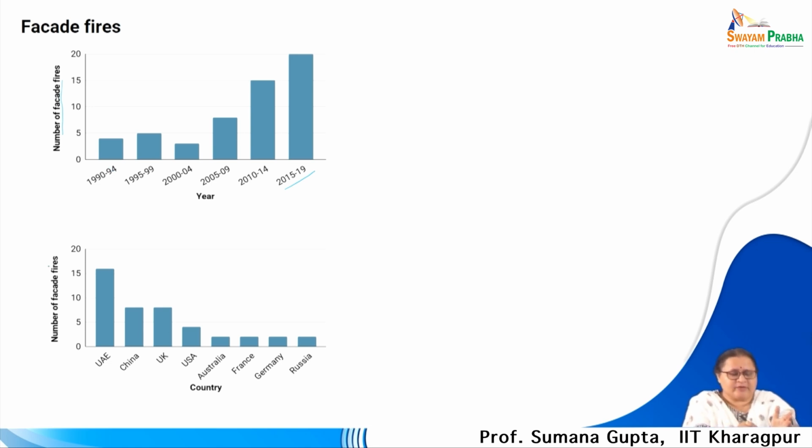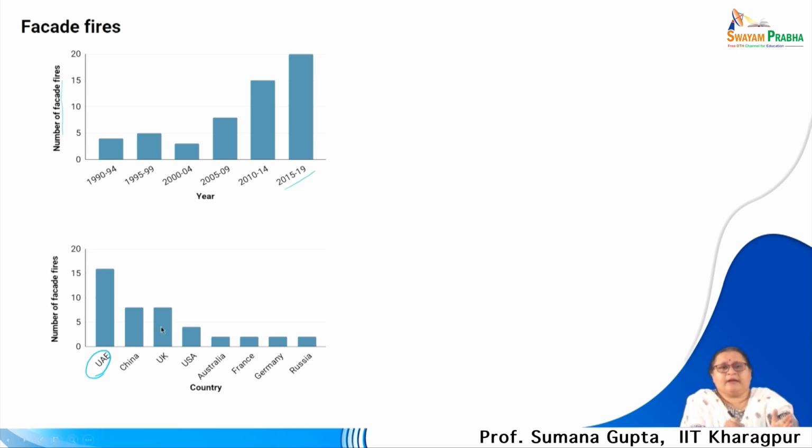And in the number of facade fires vis-a-vis countries, we do not find India at all, but you see the Arabian Emirates, that is UAE countries, had much larger facade fires, also followed by China and